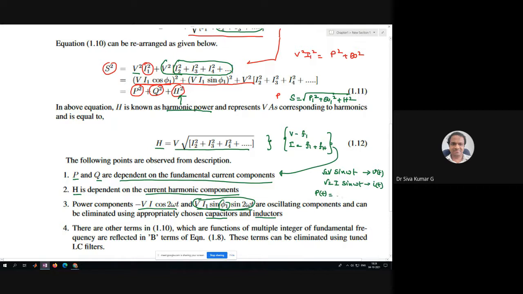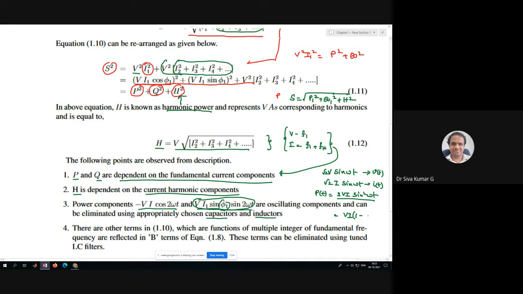You get 2VI sin square omega t. When you resolve this, you can express it in terms of VI cos phi. Sorry, just VI into 1 minus